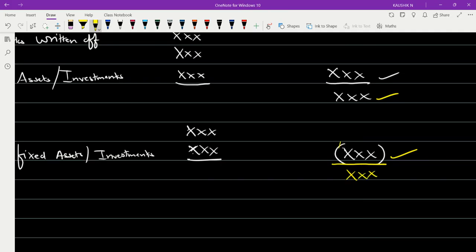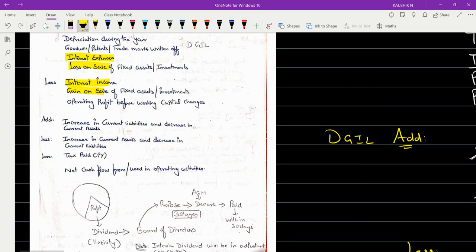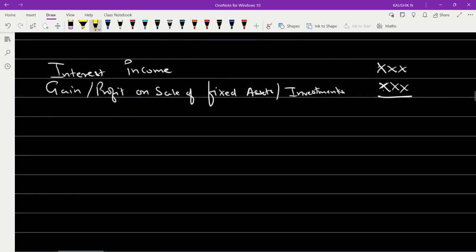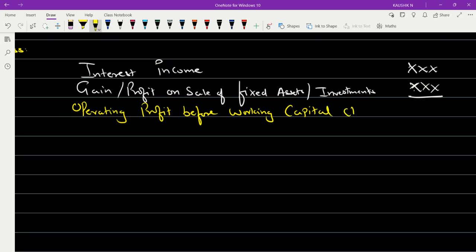இந்த அமௌண்ட்டுக்கு நம்ம என்ன பேர் தர போறோம் அப்படின்னு பார்த்தினாக்க operating profit before working capital changes. Okay, what is the name that we are going to give them? The name is operating profit before working capital changes. Yeah, doubt இருக்கா கண்ணா? Okay, the name we are going to give is operating profit. Net operating profit சொன்னா தப்பு கிடையாது. Okay, so operating profit before working capital